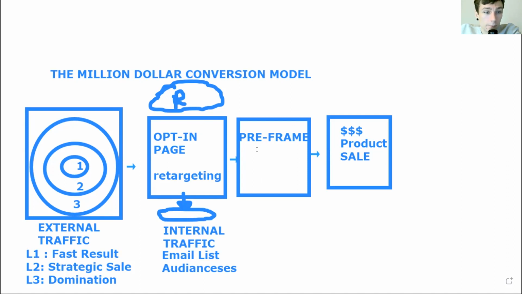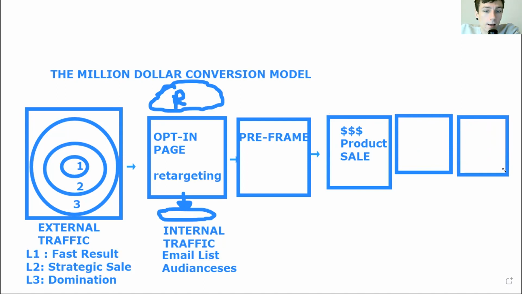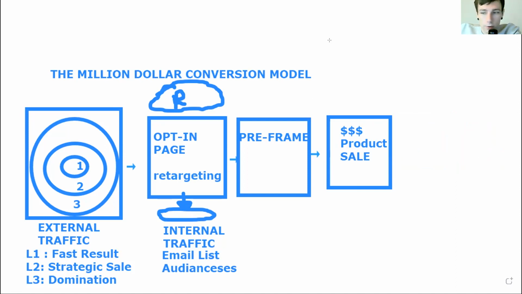Maybe in the pre-frame you would have a little $7 or $27 product, and then some upsells in this funnel after. After they've bought this one, they could buy another thing on the next page and another thing. That's how you can go from a low ticket funnel, run ads, be more profitable and break even on your ad spend because you have these additional upsells. But we'll take these out for now because we're not really talking about funnels per se. We're talking about the $1 million conversion model. This is the basic funnel setup, and here you can have that other retargeting tool.